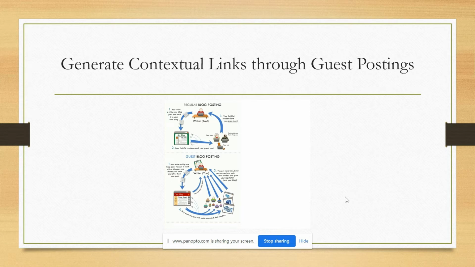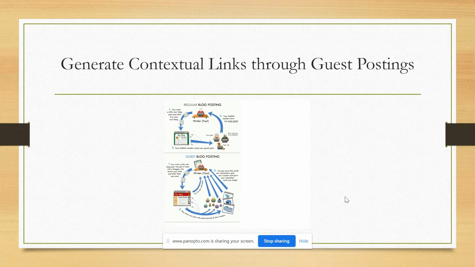Then they share your post to social networks and their readers. Third is to get more links, build new connections, gain new readers, and grow your reputation. So find a blogger in your niche, make sure you can provide interesting content, get in touch with the blogger, and you can start doing guest postings.